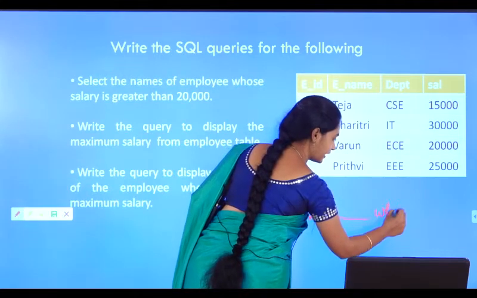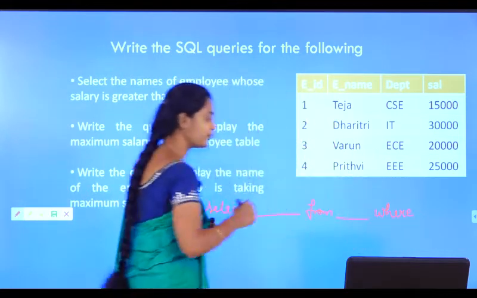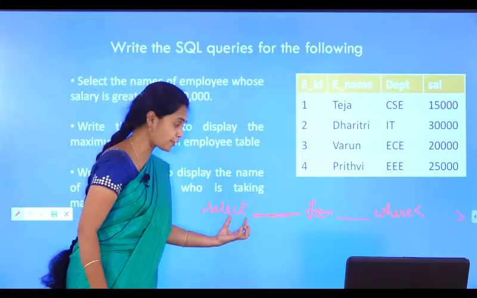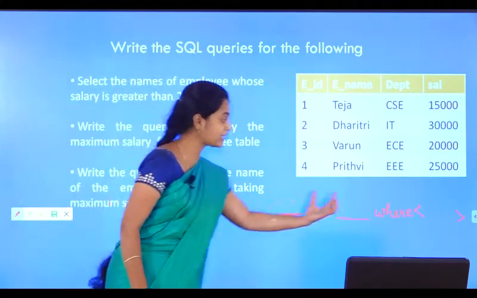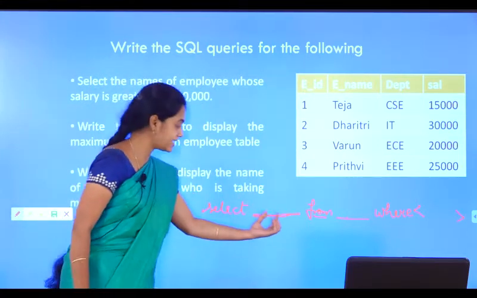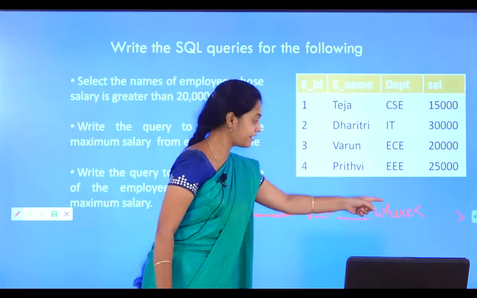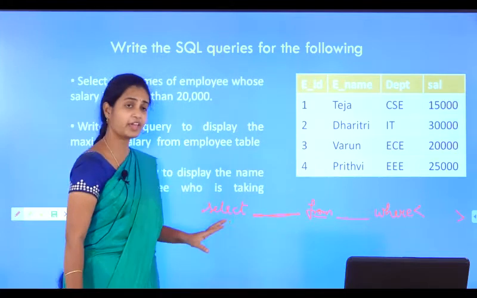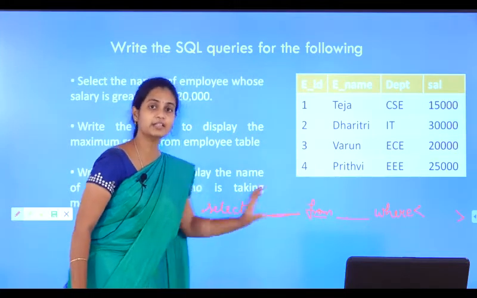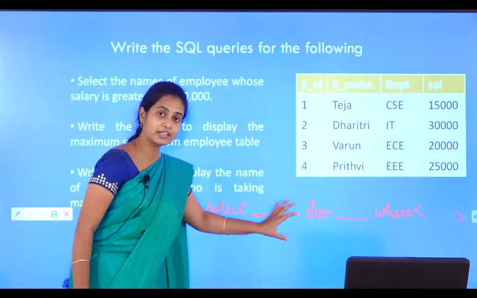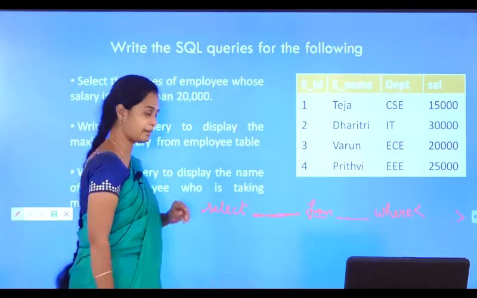For a query, how many parts will be there? Selecting the attributes, from the table name, and where the condition. This is the default statement that you need to remember.